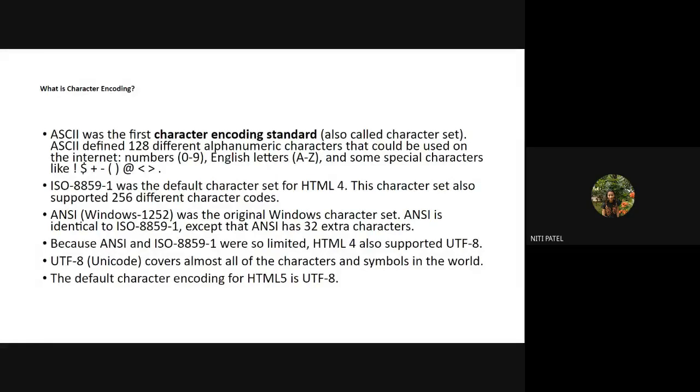Now, the second thing is character encoding. Every one of us knows that a computer understands only one language, binary, in the form of zeros and ones. A computer will not understand what is written in English. It will understand only binary; either it understands zero or it understands one. So how does the computer display what we wrote? It converts a human language into machine language and again machine language back to human language.